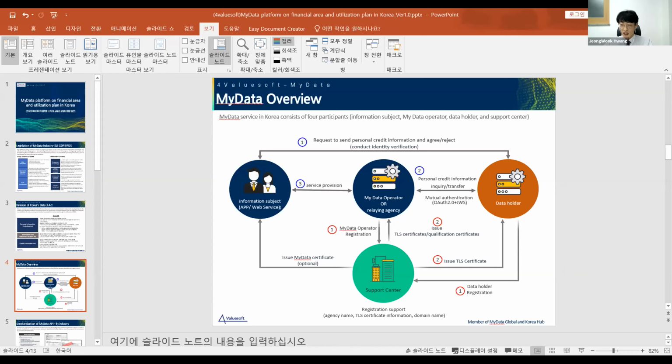Understanding these four parties can help you understand the presented architecture.